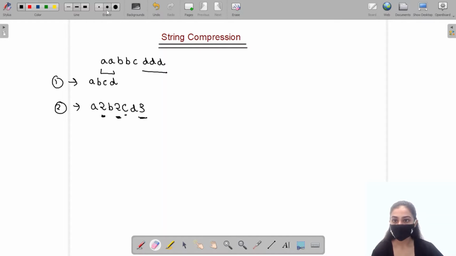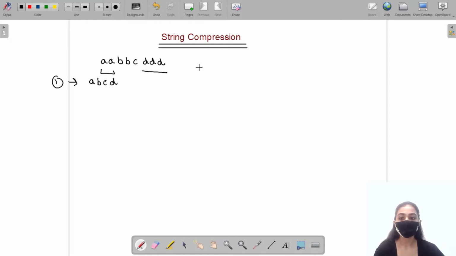Let me erase it. Okay, so this is the string. Let me write it again: A, B, B, C, D, D, and D. Let me make an output string.